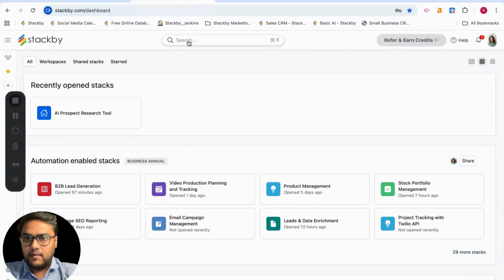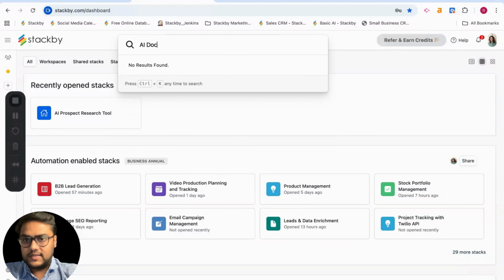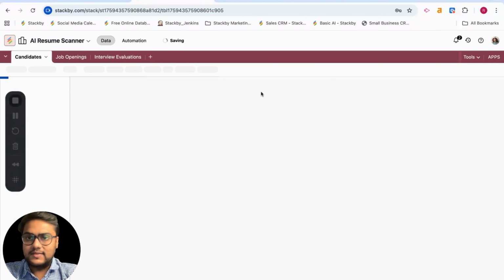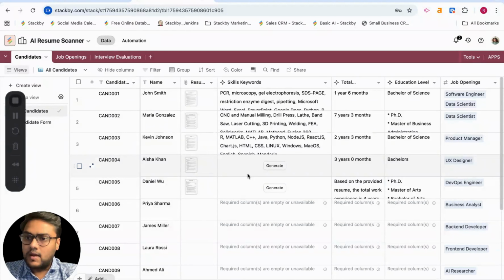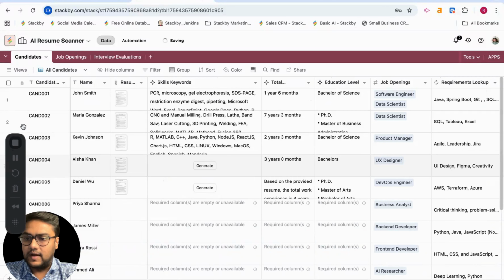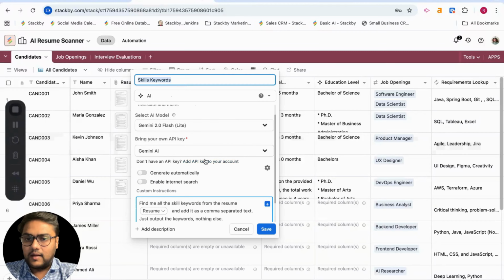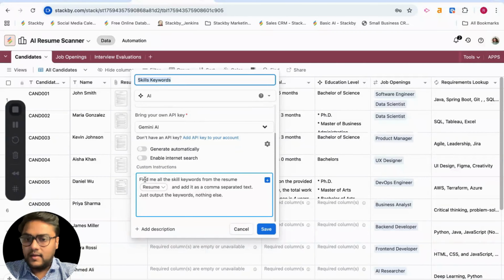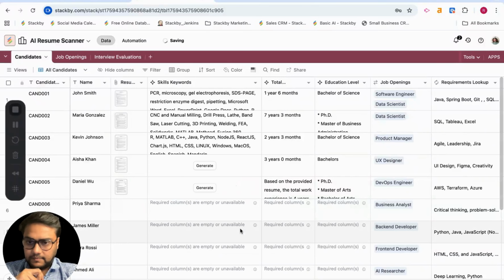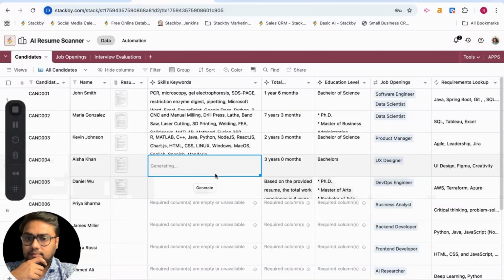Now, I'll quickly walk you through a couple of other use cases. We've added document analysis as part of the AI fields as well. So let's say you have a bunch of resumes that you want to parse in your applicant tracker. Here, we've added a model, and I've given a custom instruction: give me the skill keywords from this resume and add it as comma separated text. If I click on generate, it parses the information from the resume, and it gives me all the skill keywords that are mentioned here,